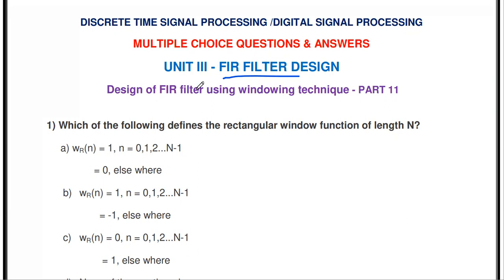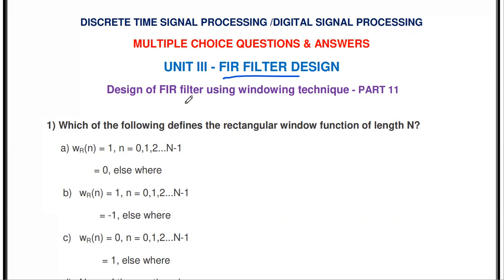The difference between IIR and FIR filter design is that in IIR filters, there is no straight way to design a digital IIR filter. First, we have to design the analog IIR filter, then using a suitable transformation technique like bilinear transformation, impulse invariant method, or matched transform, we convert the analog IIR filter into a digital IIR filter. But in FIR filter design, there is no need to design an analog FIR filter. We can directly design the digital FIR filter. That is the difference between IIR and FIR filters.